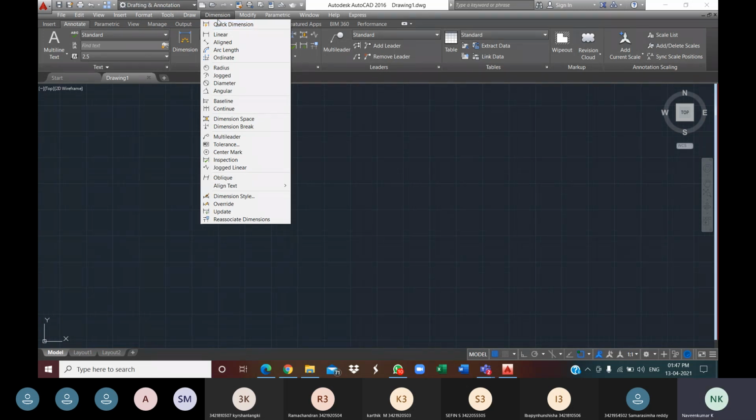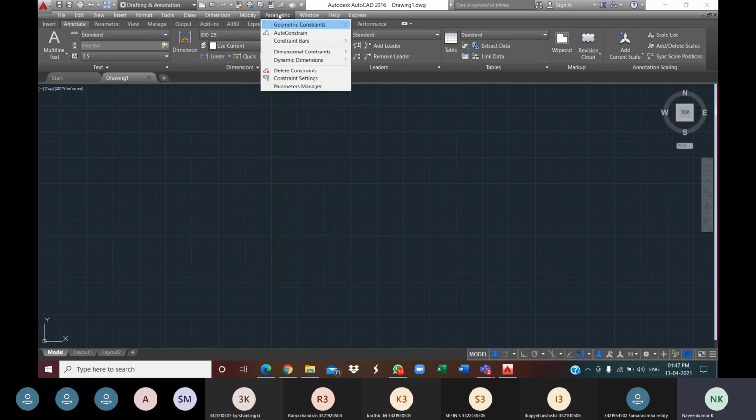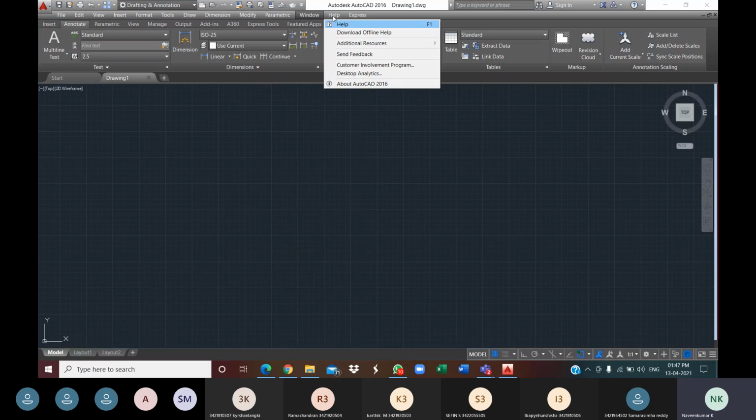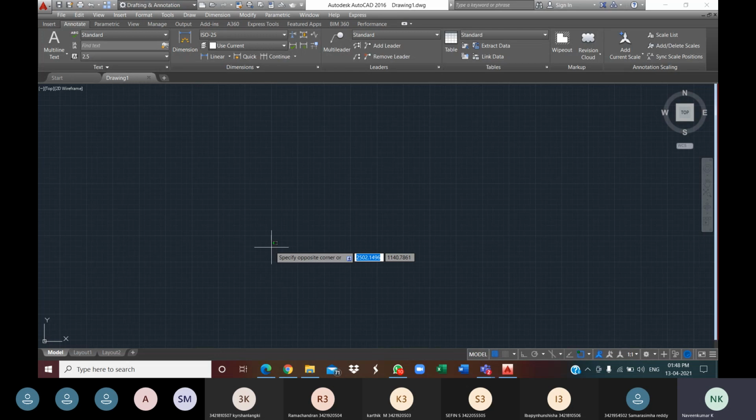There is also measurement. If you draw a length of 1 meter, it will give you the measurement. Likewise Modify, you can modify your drawing, and Parametric, Window, Help. So these are all the general tools available in the AutoCAD software. Apart from this, what you should do after opening the software,